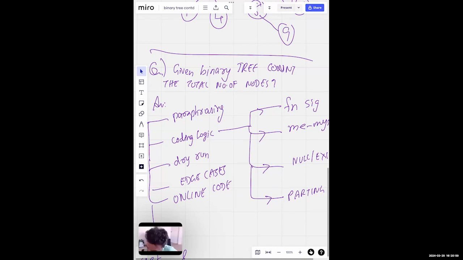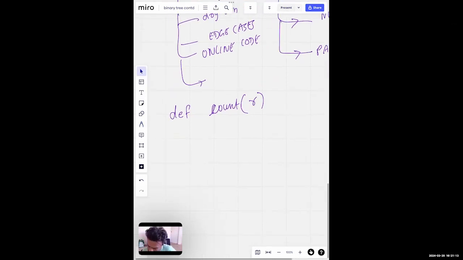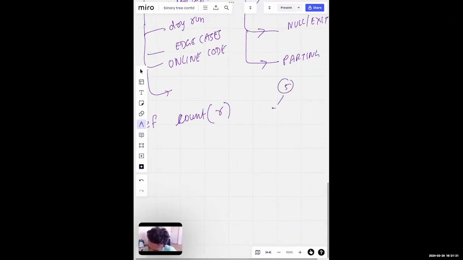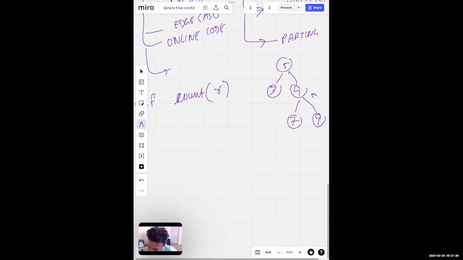You mean this binary tree count question using recursion? Yeah. Okay, so which is why I'm following what you just said. I'm going to call it count, and your point was we have a root R coming in. Last time, let's do a random binary tree, 3, 4, 7, 9. So if we wrote the function signature, and the next one is me, myself, where I am in 4, and I'm going to ask, okay, so if somebody tells me all,